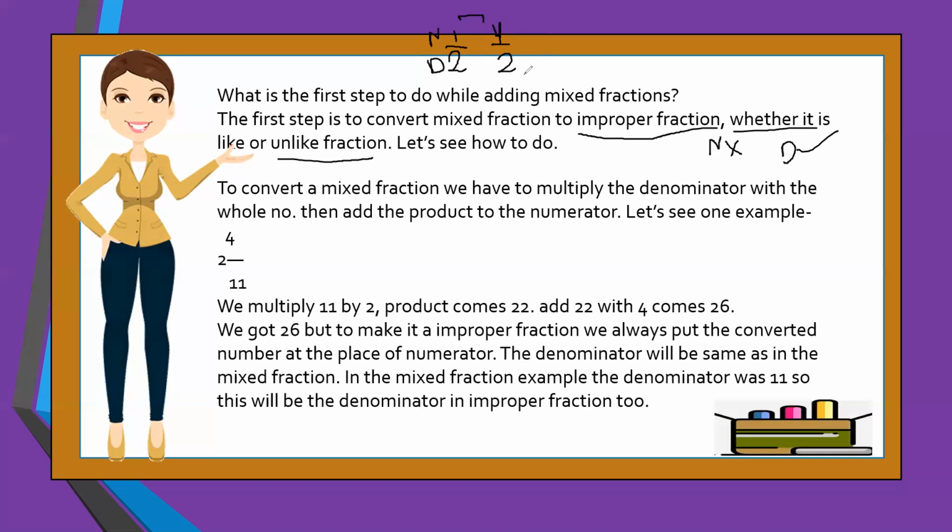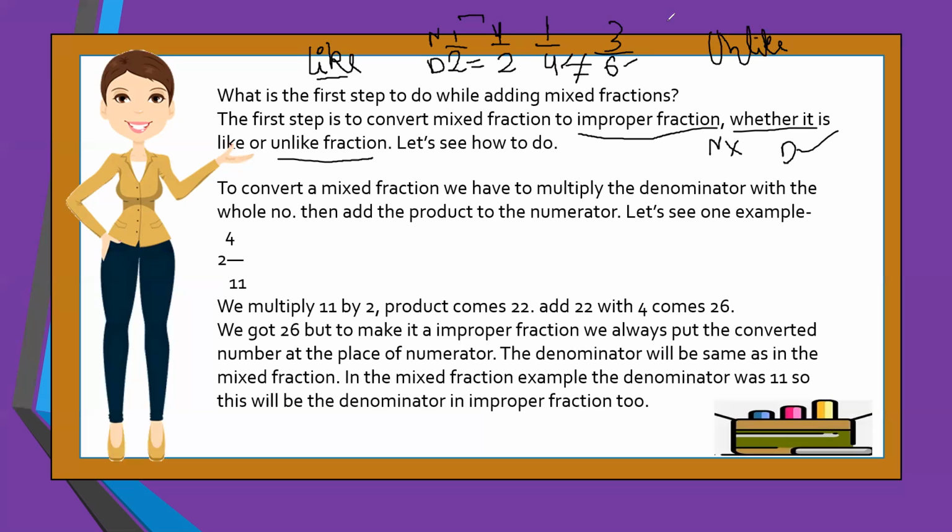So if you have two same denominators, then the fractions are like, and addition of like fractions is simple, but we have to do a long process for unlike fractions. If you don't have the same denominators, like 1 by 4 and 3 by 6, are these denominators the same? 4 and 6 are not the same. So these are unlike fractions.